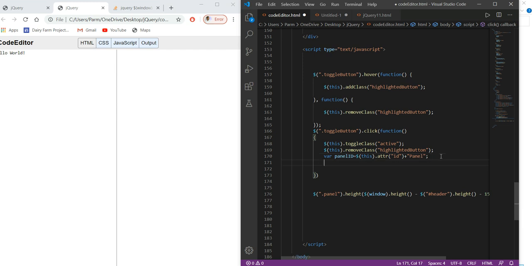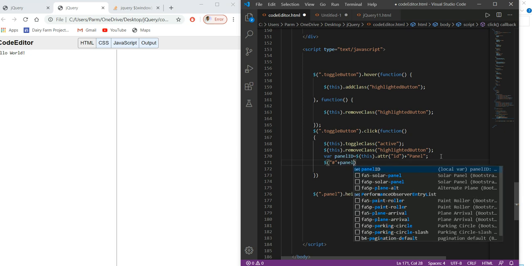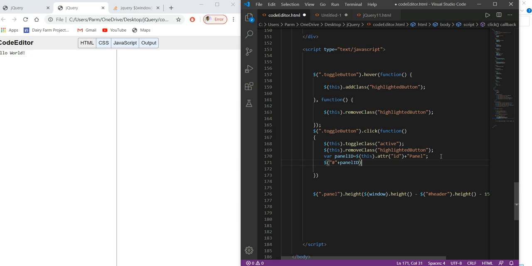And how many active panels can we have over there, and which panel will take which place? For this I will write another line over here. So here we have to get it by id. For id we use the hash symbol, then plus, here I need the panel id, which we have defined over there as this variable.